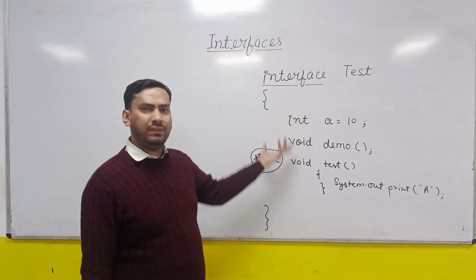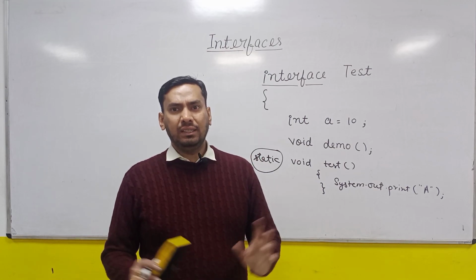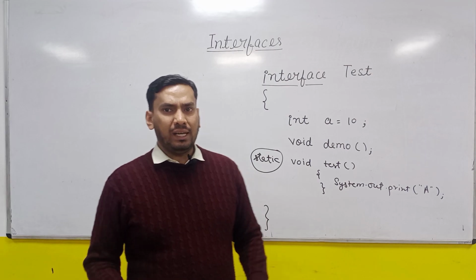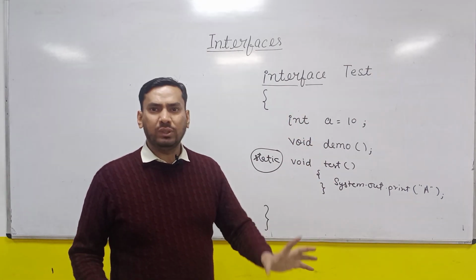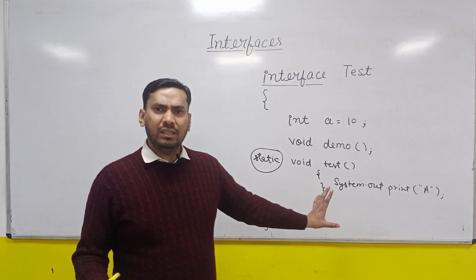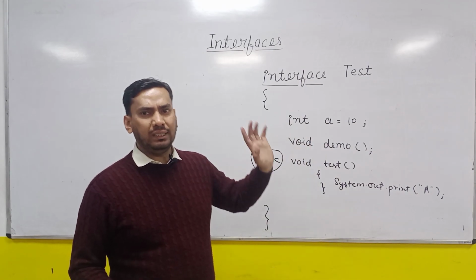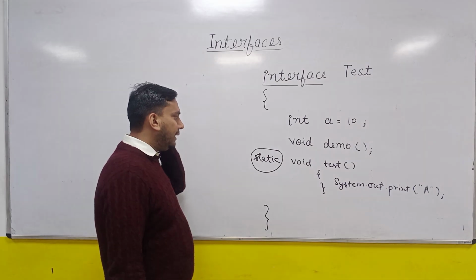So obviously the interface is there, so an object cannot be created. Right? Interfaces are purely abstract, its object cannot be created, and up to JDK-7 it could have only two things, plus one more thing, that is nested types, that we'll talk about separately. But interfaces can have only two things, public static final members and abstract methods, right? So now